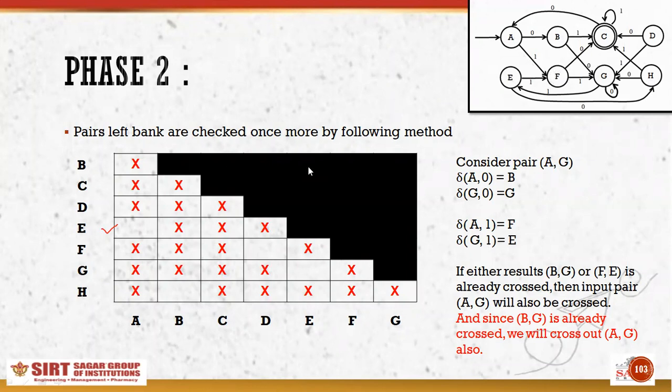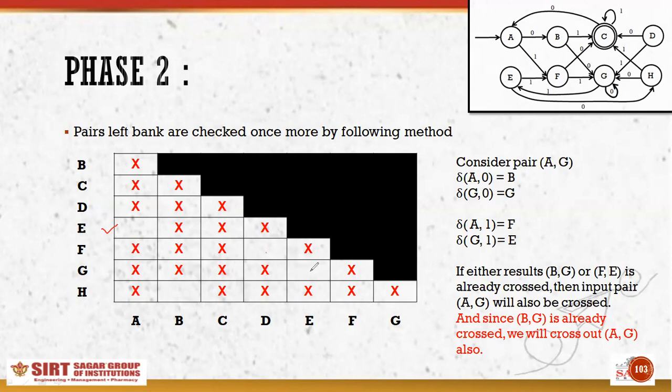So the F and F block does not exist in this ladder shape structure. So what will happen? AE will be left blank. There is no possibility that a cross will be marked in this step. So in this box, I will leave it as it is. Now I will check the same thing for BH,